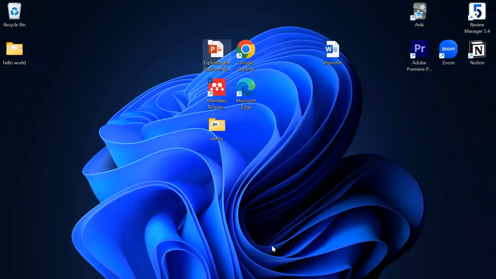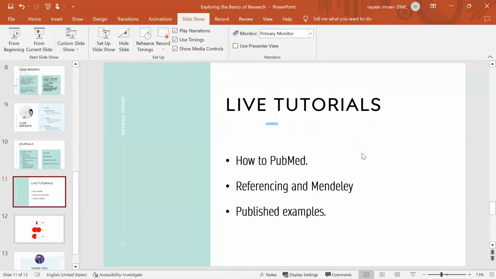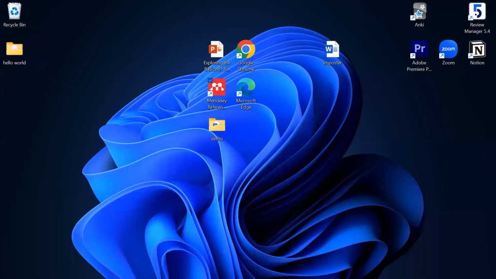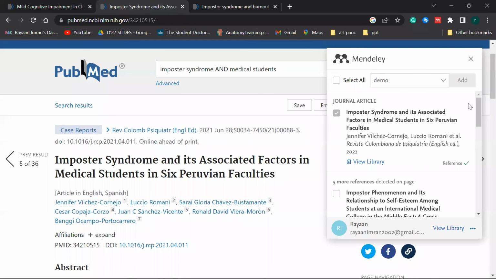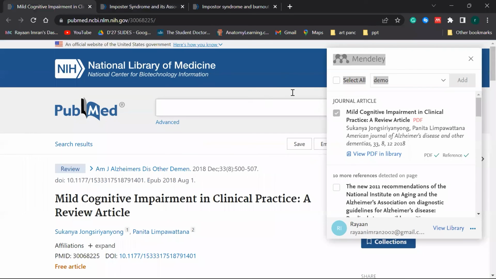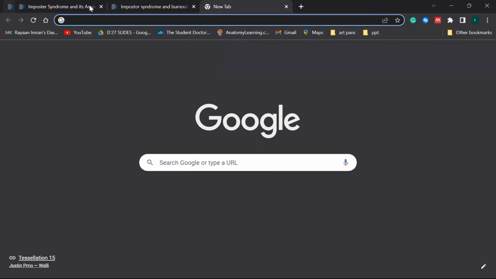And now coming back to the PowerPoint presentation, because we're towards the end, okay, I'm gonna make an announcement at the very end, okay. Okay, one more thing I wanted to show you guys, before this session comes to an end. Let's say there are some articles that you need to read, but they are behind a paywall. What does that mean? I want to read. I'm going to close Mendeley, okay. I don't need this right now. So I'm going to close all of this, okay.